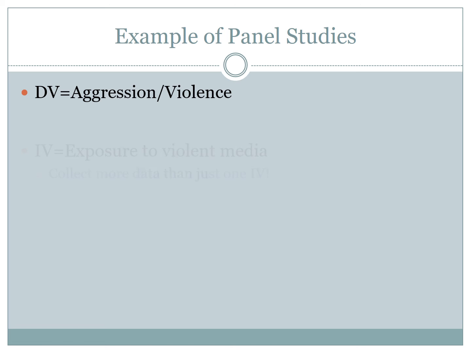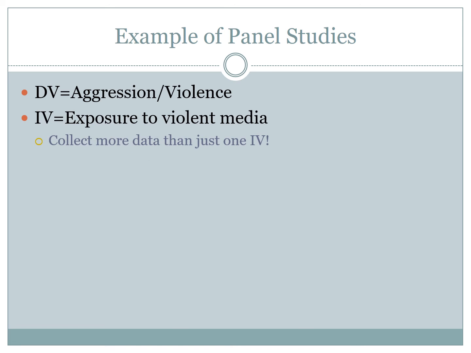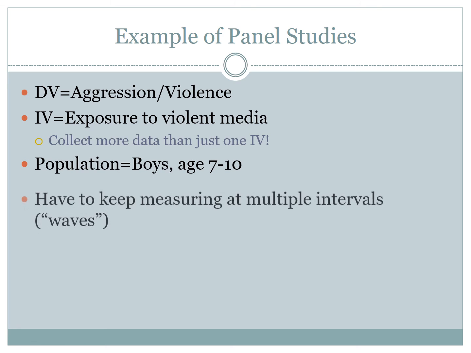If we use aggression or violence as a dependent variable, and we want some kind of exposure to violent media as the independent variable, my point here is you would not just collect that piece of information. You'd also want to see what else you think might be related to aggressive or violent behavior, the dependent variable. And if it was a sample of boys between 7 and 10,